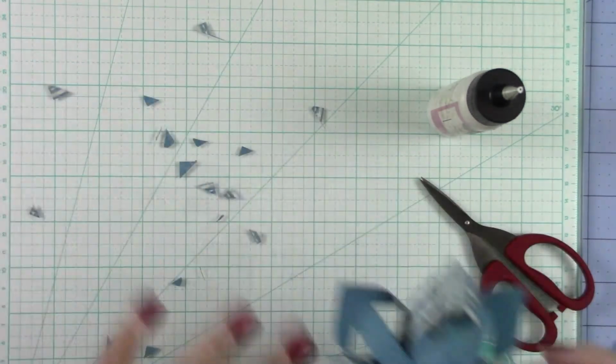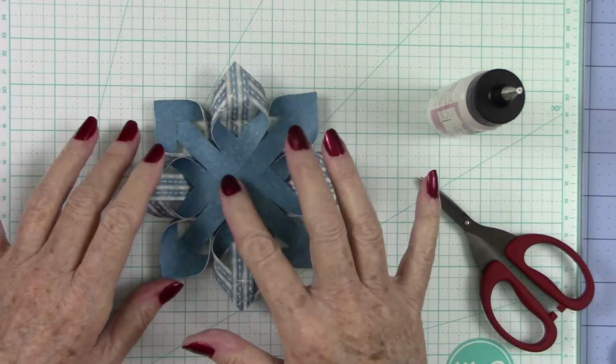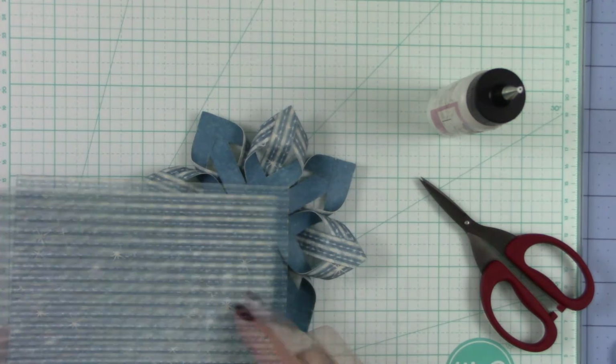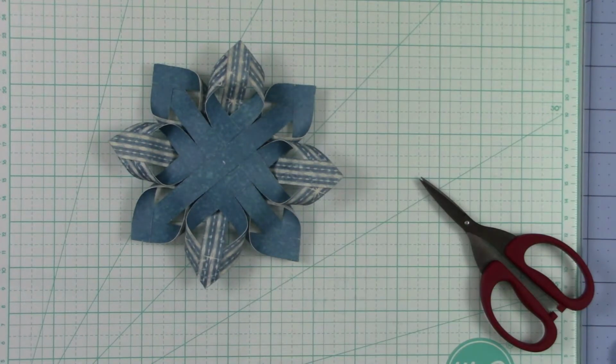Okay, so now we have that done. We're going to push these scraps out of our way. And now we need something to go in here. What I like to do is cut a piece out of the coordinating paper, and I'm thinking that I might want to stamp something in the middle. So let me cut a circle first, and I'm going to use that same 2 1/4, or maybe even a 2. Get my pen back in my glue,